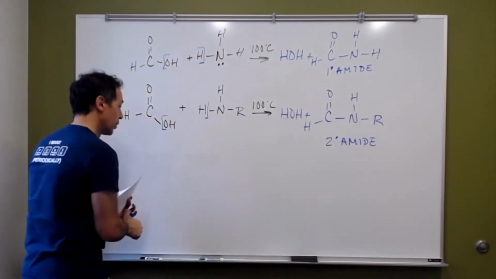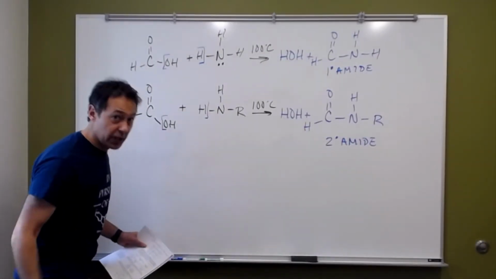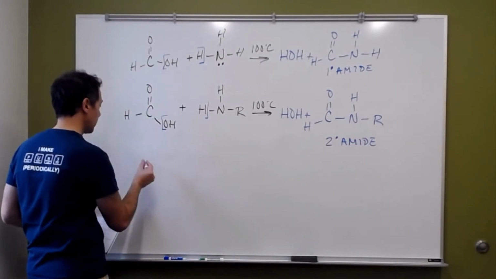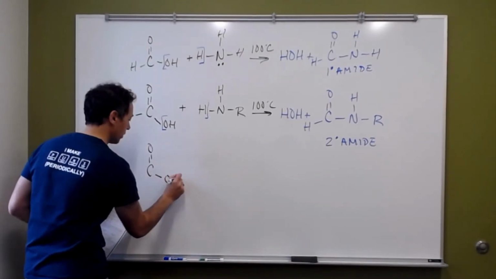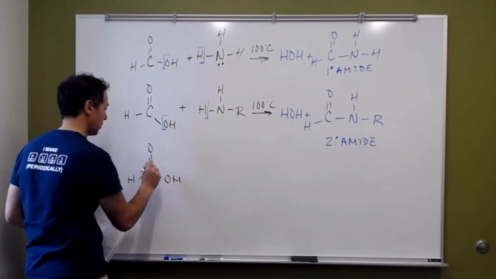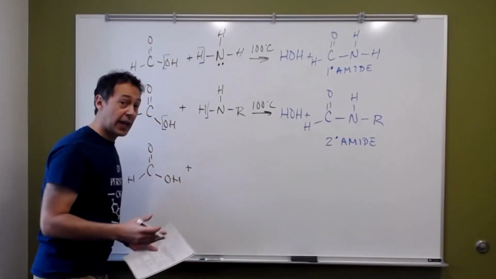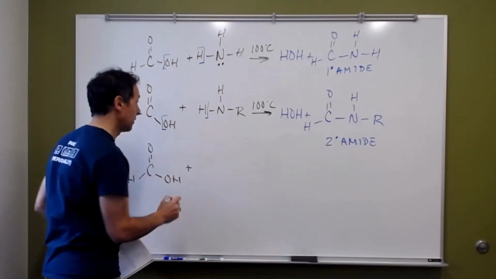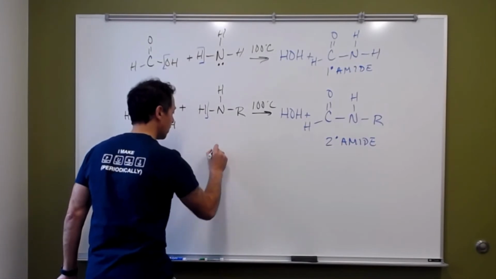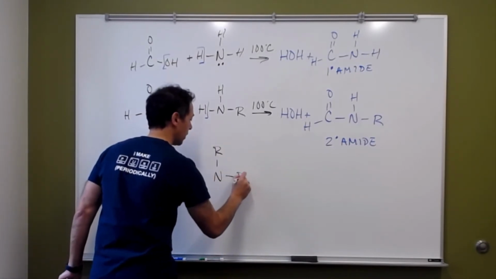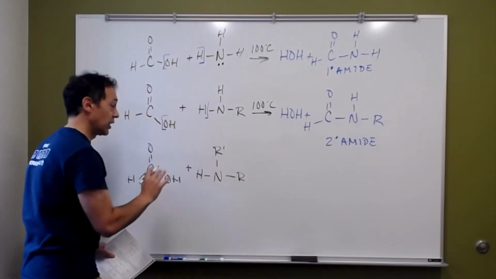And then let's bring this over here again, and let's do the same thing. And we're going to make a tertiary amide. So I'll get my carboxylic acid here. Hydrogen, okay, carboxylic acid. And then I'm going to react it with a secondary amine. So nitrogen, like this. I'll go R and R like this, and then hydrogen like that. This is a secondary